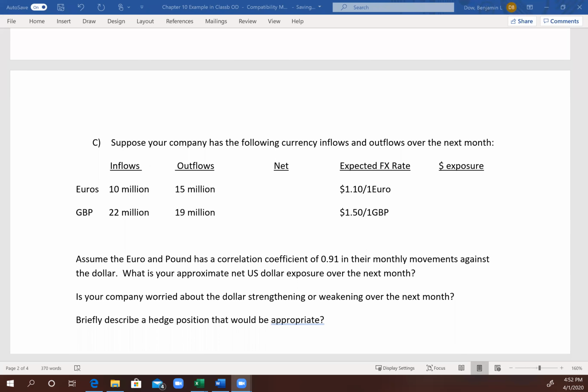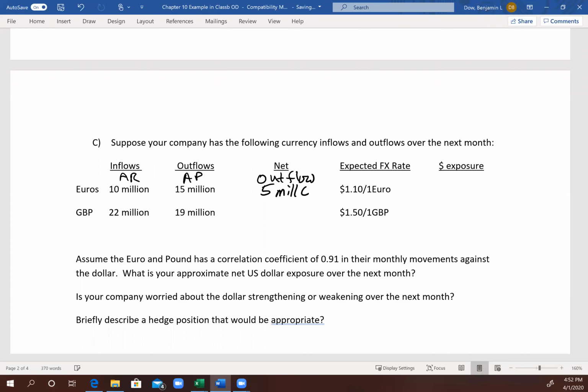So I've got 10 million euros coming in. That's accounts receivables. But I have 15 million in accounts payable. So I don't really have a lot of risk because what? I'm going to use the accounts receivables in euros to pay for the accounts payable. But I do have what? An outflow